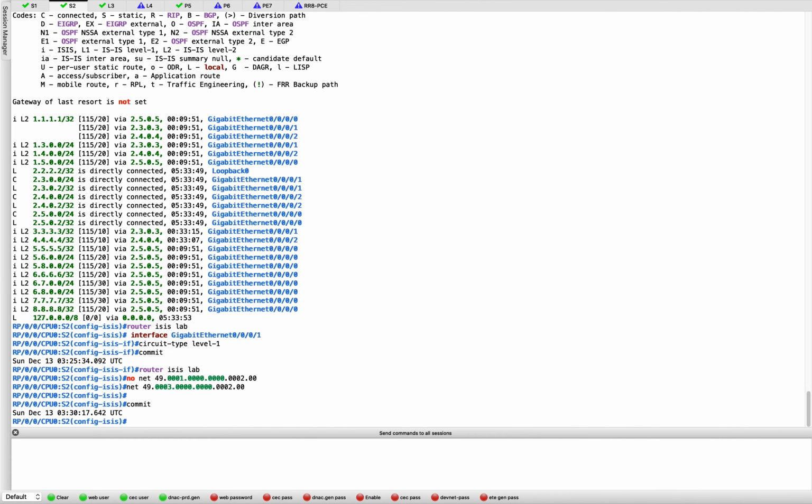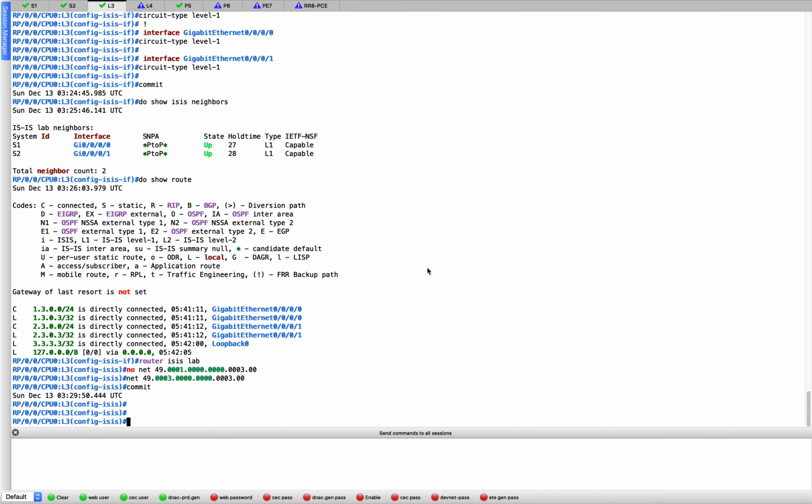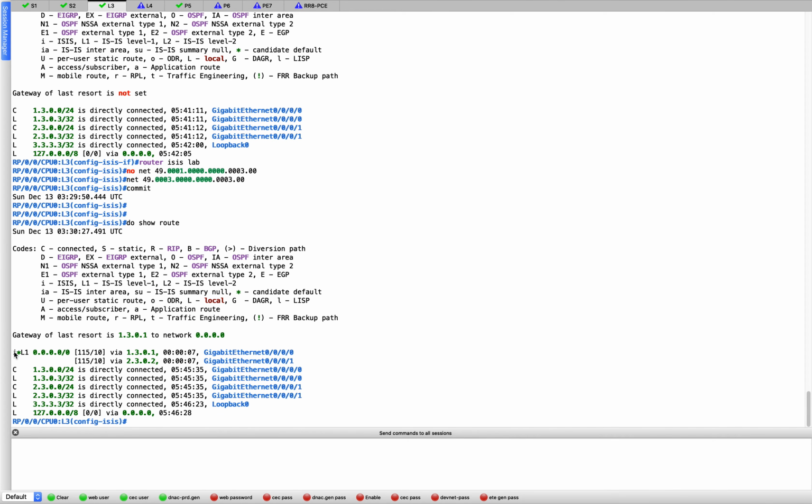Cool. So now if we go to my L3, we should have the default route which I was talking about. Let's do show route. There you go. We've got the default route getting injected here. Why did this default route come? Because, like I said,